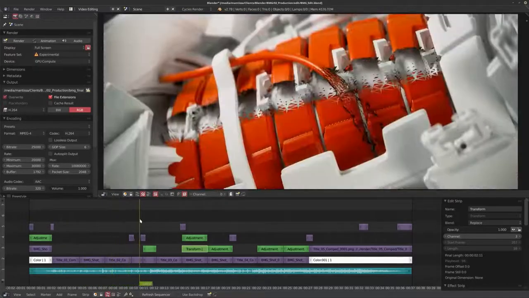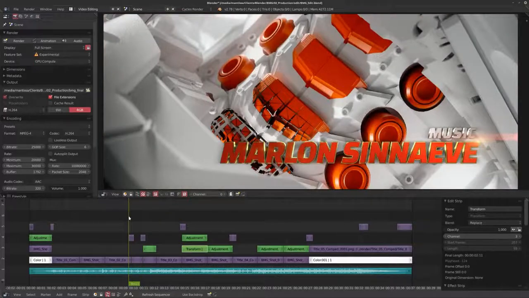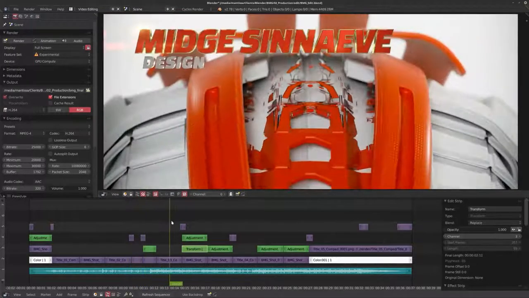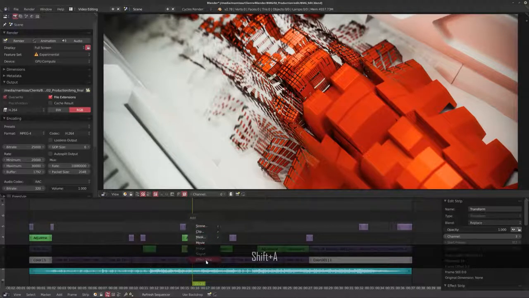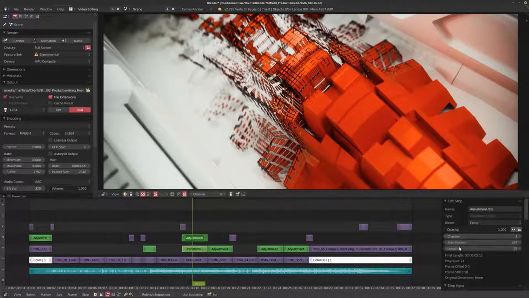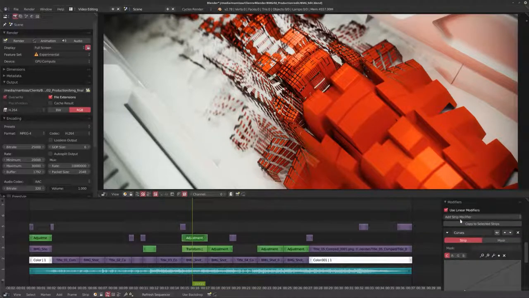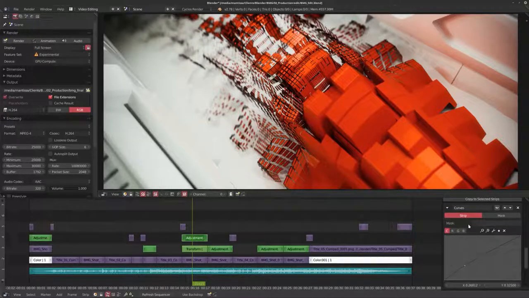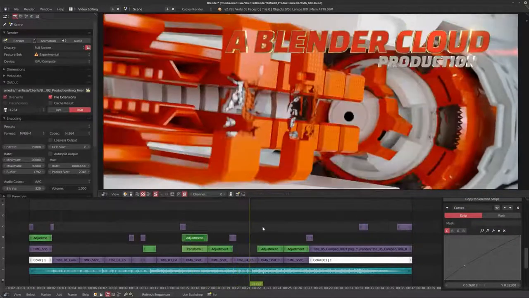So the first thing I want to talk about very quickly is with all my final renders, once you start editing them together, you'll start noticing that even though during compositing you try to get the colors as close as possible, you're still going to have to do a little bit of color correction. Now, the really nice thing about Blender's editor is you can add these little adjustment layers. If you hit Shift A and you go to Effect Strip, there's an adjustment layer. And if you click on that adjustment layer and we look down here, you have these modifiers that you can add. So I added curves modifiers to some of these shots to bring them together and to make sure that it looked sort of consistent.